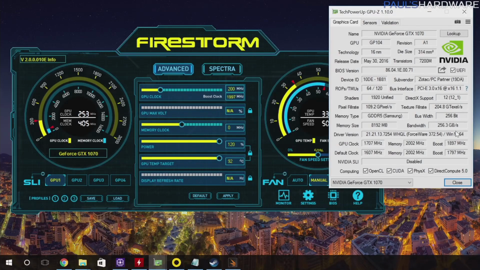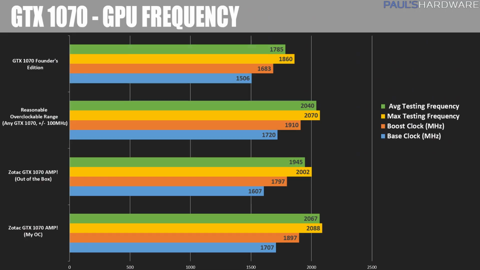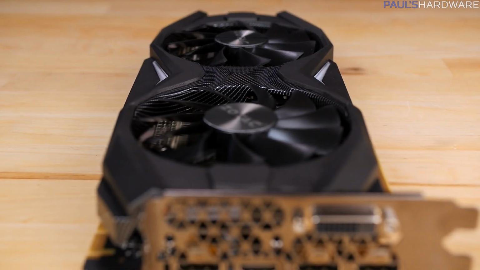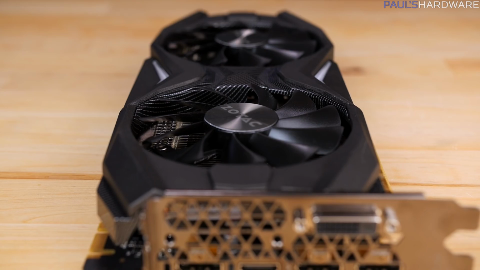The 1070 AMP here runs at 1797 boost clock compared to the reference design's 1683, for example. That's over 100 megahertz manufacturer overclock. That'll get you more performance out of the box, and you will never need to load up the manual control software. That's not to say that these large coolers are useless though, and cooling is important, especially over long play